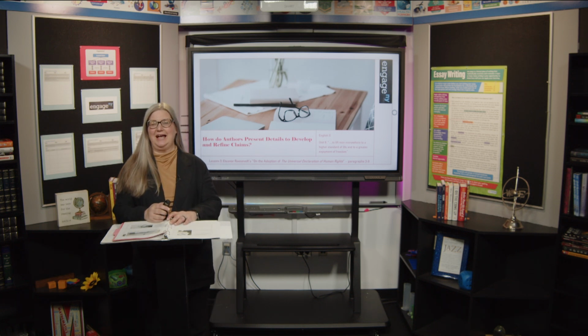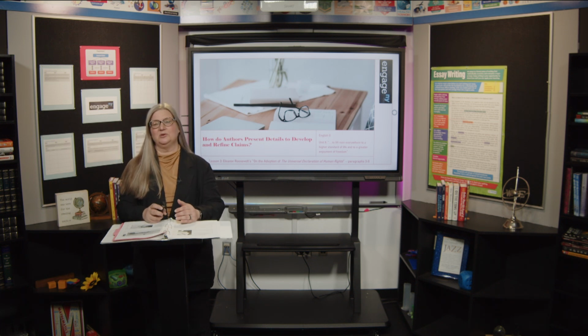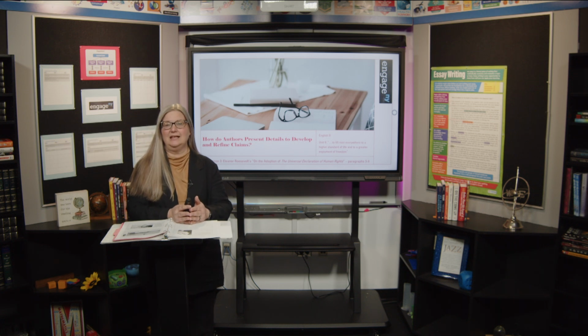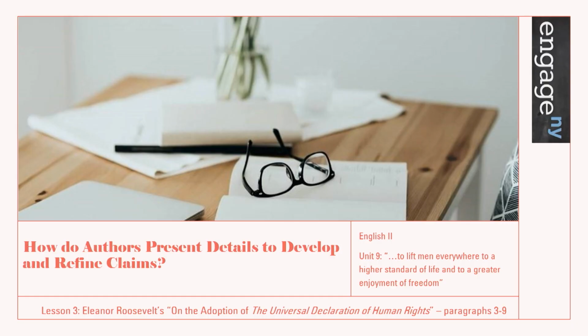We have been looking at this module about human rights. We started with Letter from Birmingham Jail, then we read A Genetics of Justice, and now we're looking at the Universal Declaration of Human Rights. We looked first at the document itself, and then we were looking at Eleanor Roosevelt's speech on the adoption of the Universal Declaration of Human Rights. Today you had some homework and we're going to go over that, but we are going to be continuing to work with Eleanor Roosevelt's speech.